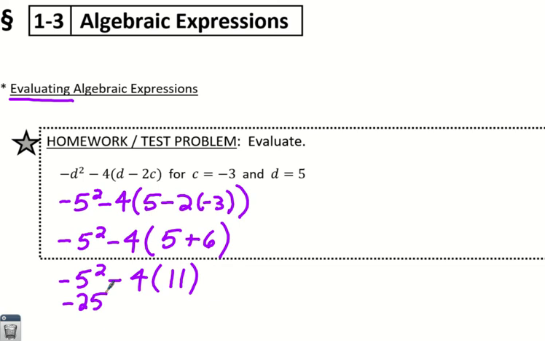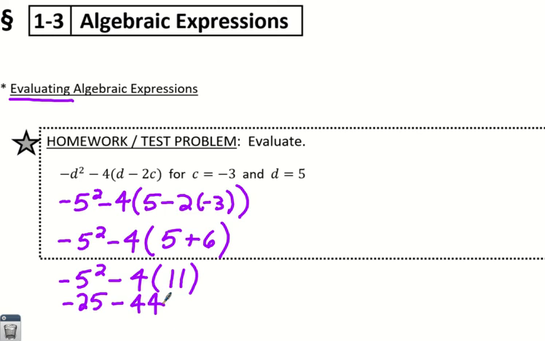If we were squaring negative 5, then it would be positive 25, but that's not what this is right now. And then why don't I just do the multiplying at the same time? I don't think there's any harm there. You can think of this as minus and then 4 times 11, or you can think of it as negative 4 times 11. Either way, it ends up being minus 44 or negative 44. And so now the final step is to do negative 25 minus 44, and,